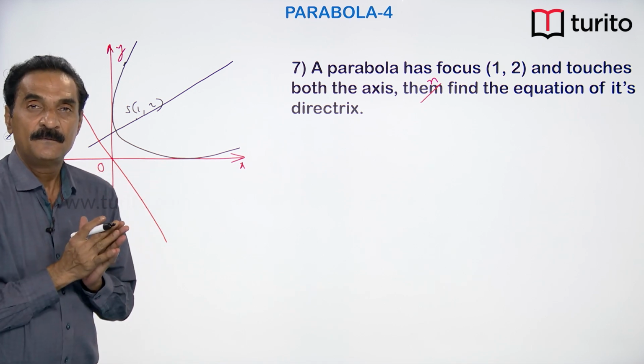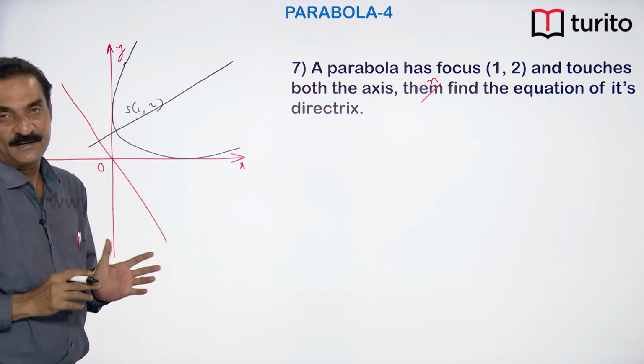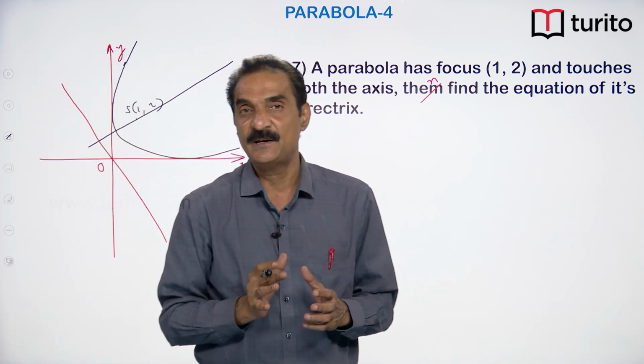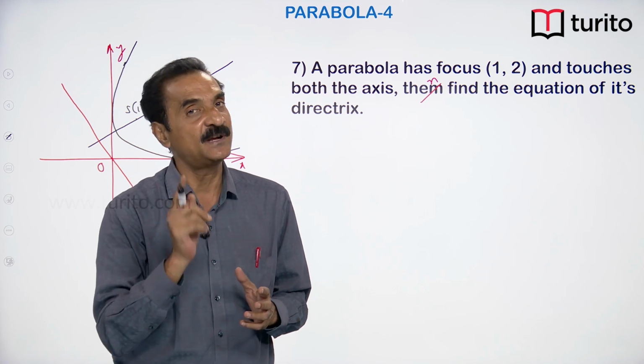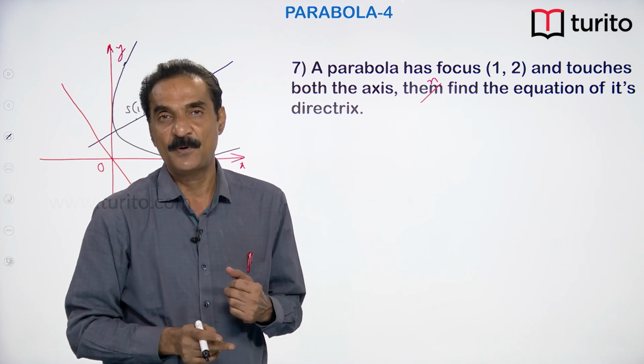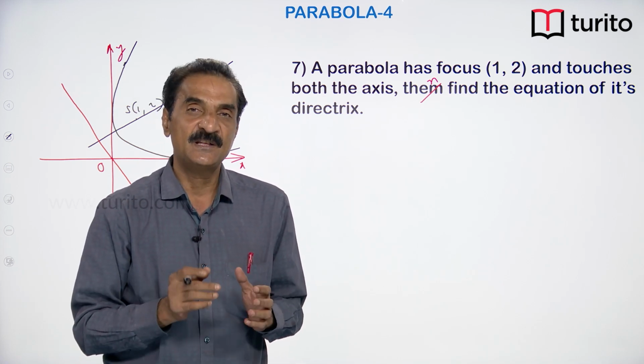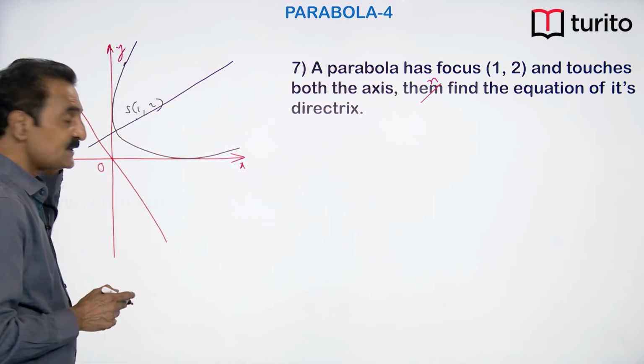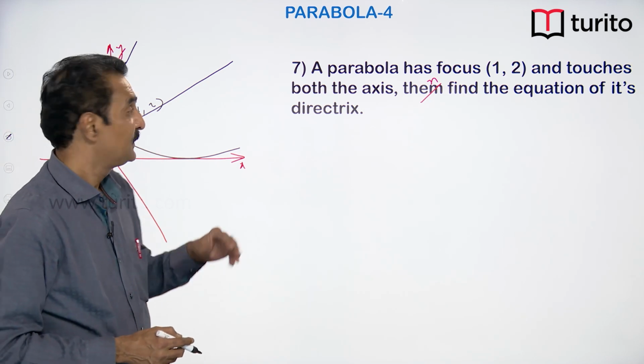Okay. So, we got a point on the directrix. What else do you need? For finding the equation of a line, either you need 2 points or 1 point and slope. Already we got 1 point. We need either slope or another point. Which one is easy? Let us recollect another property